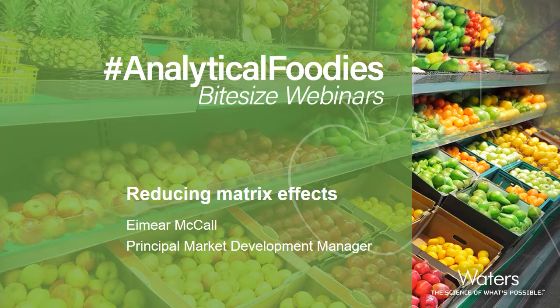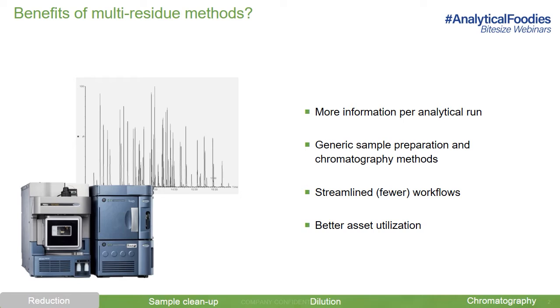The topic of this episode will look at a number of methods to reduce or eliminate matrix effects during method development. In previous episodes, we've touched on the benefits multi-residue methods can offer labs in terms of productivity. Of course, in running these methods by mass spectrometry, matrix effects are a common occurrence. In this episode, we'll discuss three approaches to reduce or eliminate matrix effects, namely by sample cleanup, dilution, or chromatographic separation. Let's begin with the approaches most commonly employed in routine analyses.